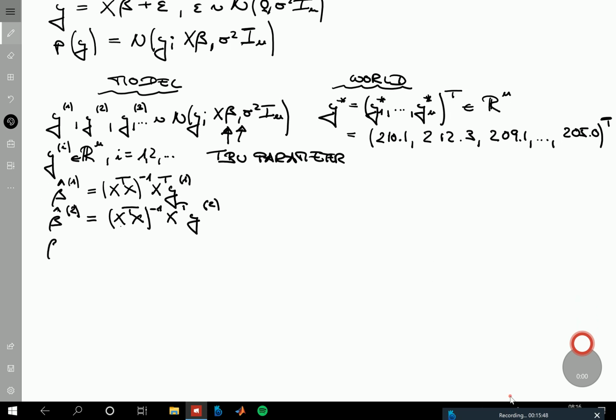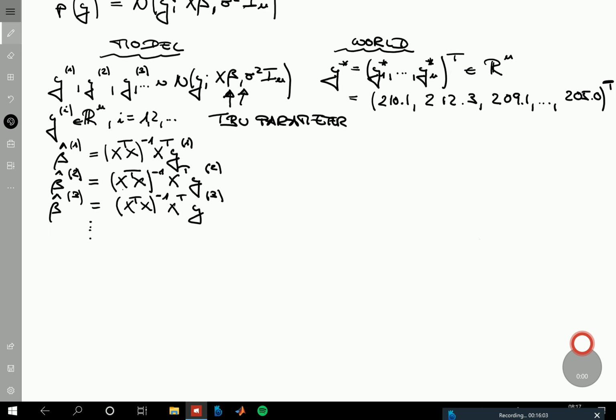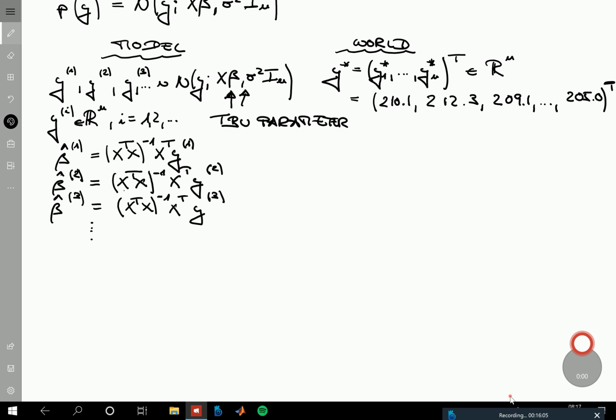And let's do this one more time. And again, you could go on with that. And then you have hypothetical better parameter estimates,